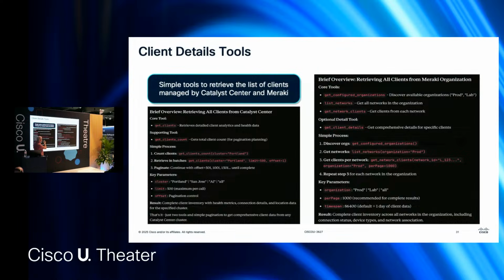Another tool would be for client details. I will share a demo with you, I don't have time in the session. I ask a question: give me information about DX Pro. That's my video endpoint that I use, I work from home. It goes through all the Catalyst Center clusters, all the Meraki organizations, all the networks and sites, and finds the information about the DX Pro that is in my home network, and gives me information about what access point it's connected to, performance, health, how long it's been connected. It gives me all the information I need. So it's very easy with an MCP server to find a client throughout the entire enterprise network and give you the information you are looking for.